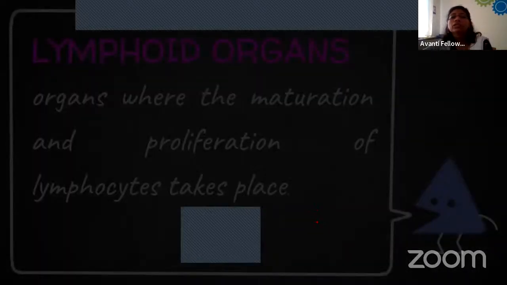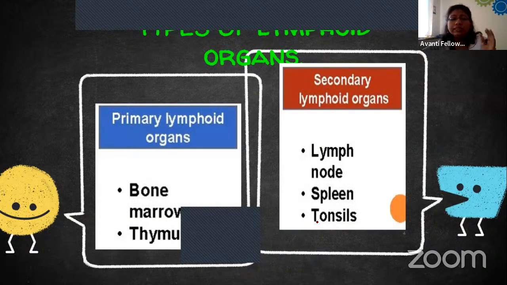Let's take a look at the different types of lymphoid organs. They can be divided into two different classes. First is our primary lymphoid organ, and another is our secondary lymphoid organ. Why have we classified them into primary and secondary? The main reason is that in a primary lymphoid organ, lymphocytes are just getting produced and matured. But in a secondary lymphoid organ, they are actually getting differentiated. So the difference here